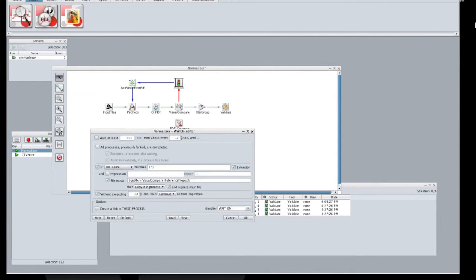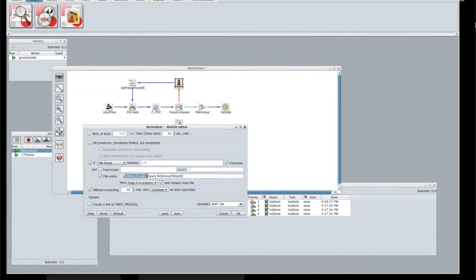And because the input file already placed the document somewhere and saved the path of this file in memory in Twist, we can use the variable visual compare reference file path to retrieve this file, and we use this file in the Waiton and say wait on this file that already exists actually, and then copy it in the process and replace the main file.